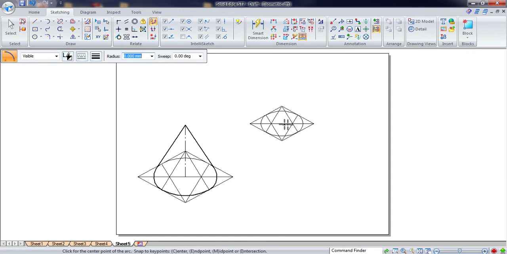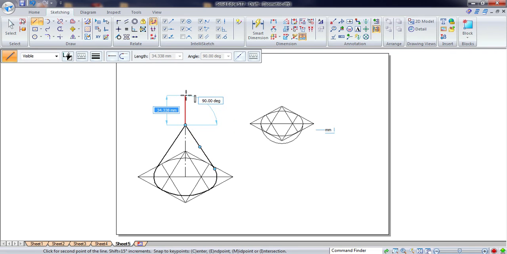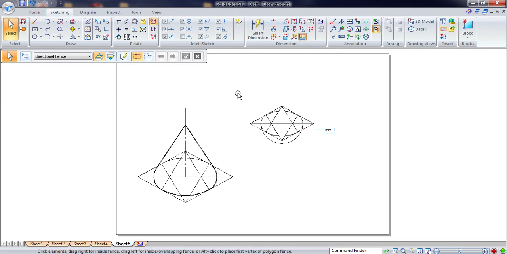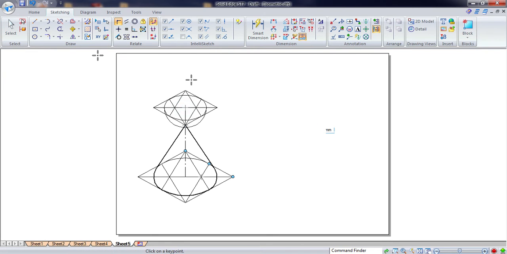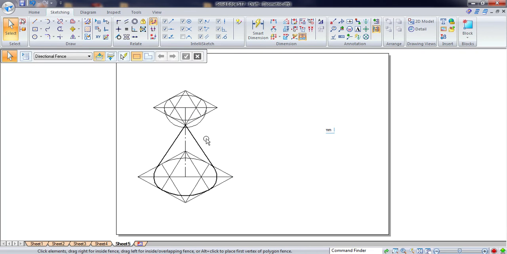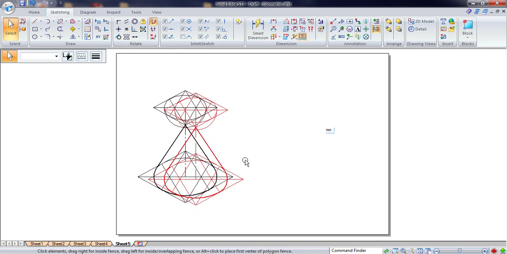Now again go for the arc by center point, this as a center and this as a radius, so we need to draw the arc. So this is the hemisphere now. Here, first we need to draw the radius of the hemisphere, which is nothing but 20 mm. So draw a 20 mm line here, and this hemisphere you have to block it. Then use the connect command, so this midpoint should touch that point. Yes, so this is the actual combination of a cone and a hemisphere, and you can select here.